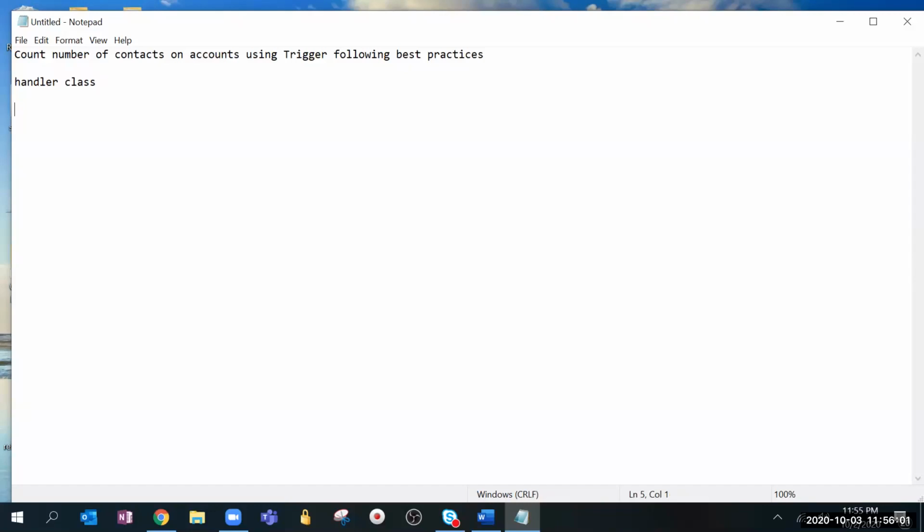So basically you have to write the handler class, and then write a trigger, and follow best practices, as in you will use isEmpty and everything. So let's see by doing that. And then Shataji, I have a question. Should we discuss the handler class first, or let them write it and then we can discuss?